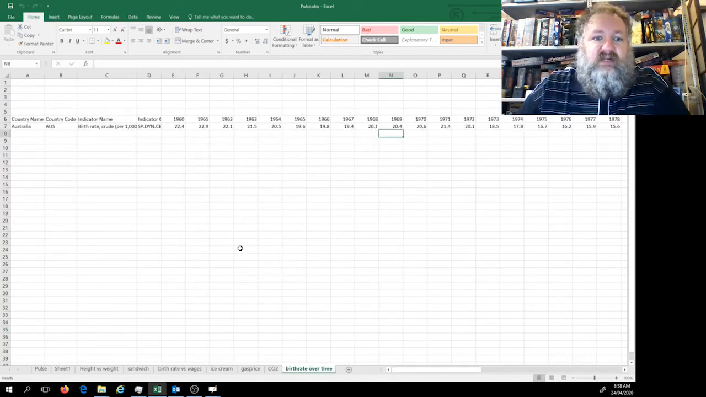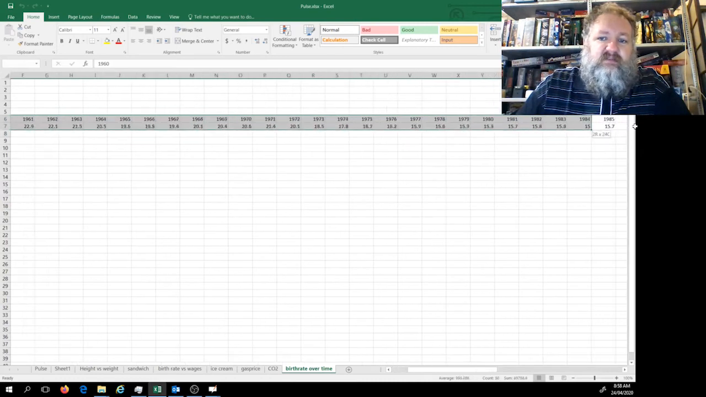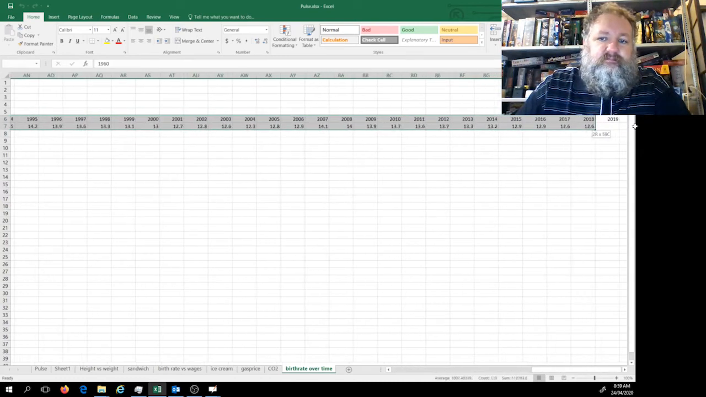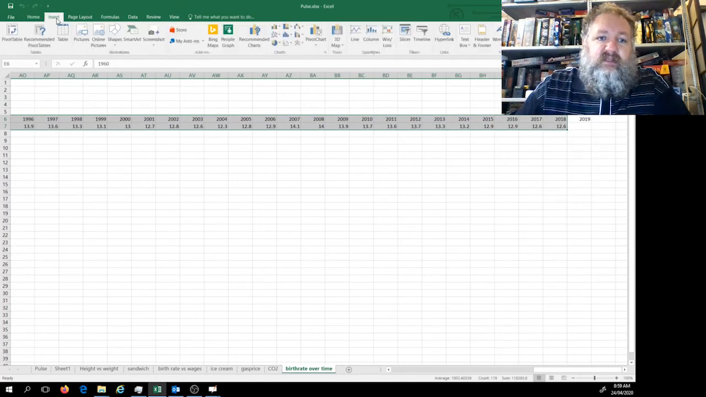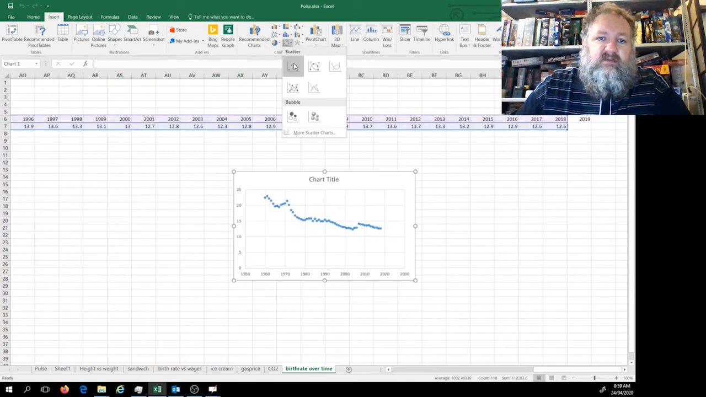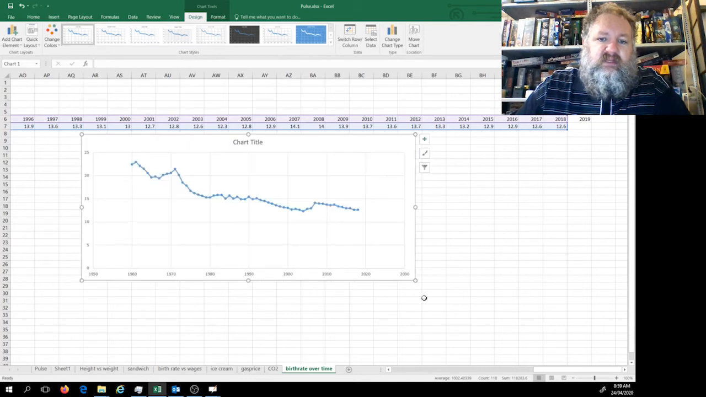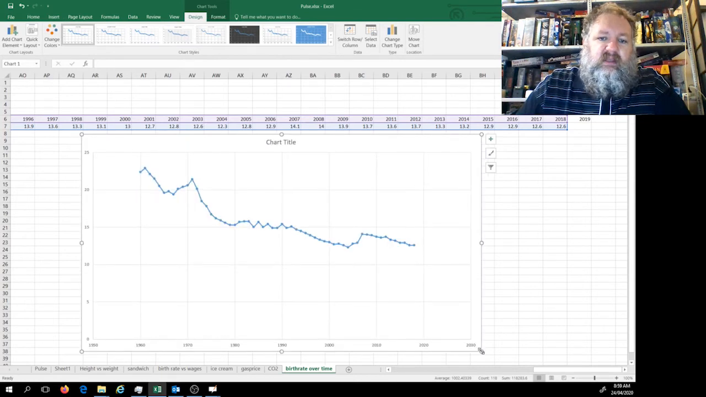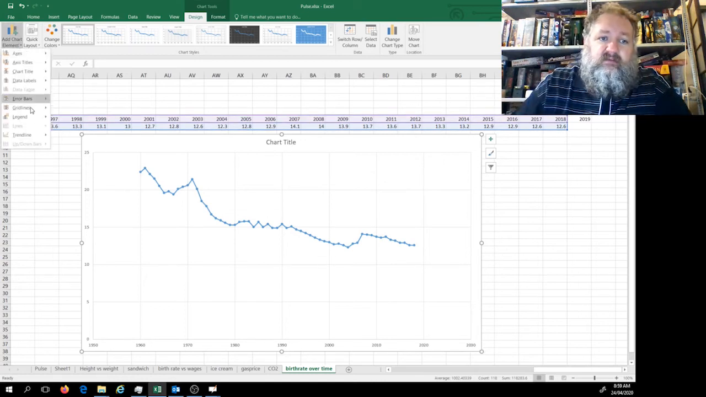Here's some data. Australian birth rate over time from 1960 all the way up to 2018. So I'm going to select both sets of data here. Once I have both of those sets of data selected, I'm going to insert my graph, and underneath where we would normally put our scatter graph, we find a straight line graph. Now obviously this graph would need a little bit of work. It needs titles and it needs axis titles, and we can still add in our trend line,